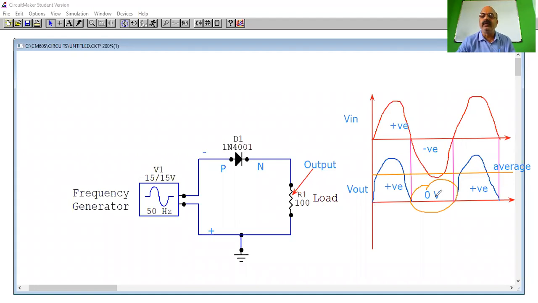Volt you get. Correct? So this operation we call it as half wave rectifier. So I think it is now clear what is half wave rectifier, and one more circuit, that is full wave rectifier, also we are going to see. Okay, before that we will just test this circuit.